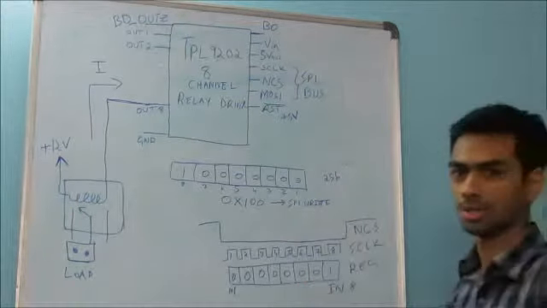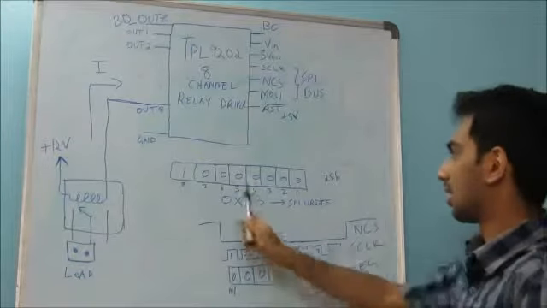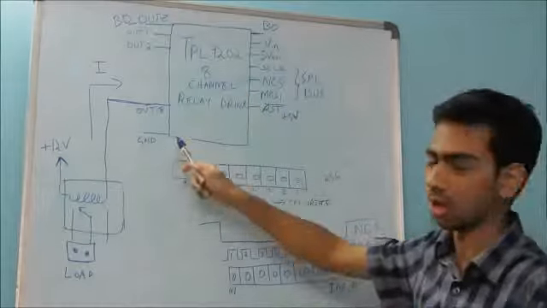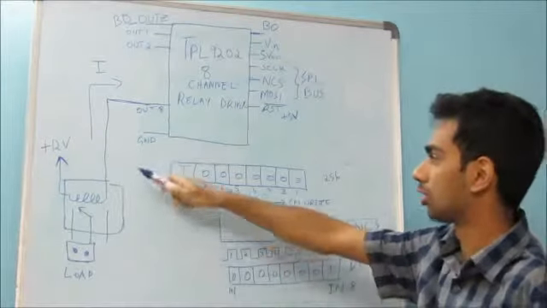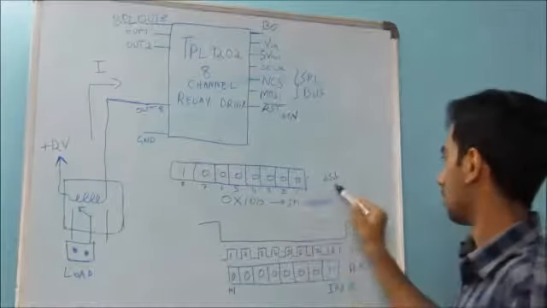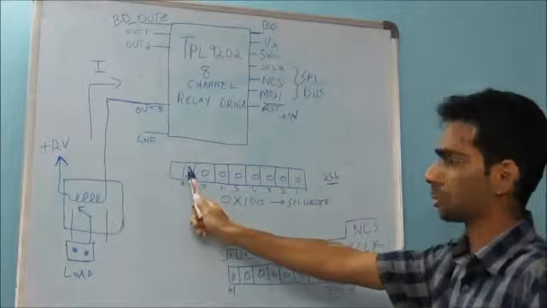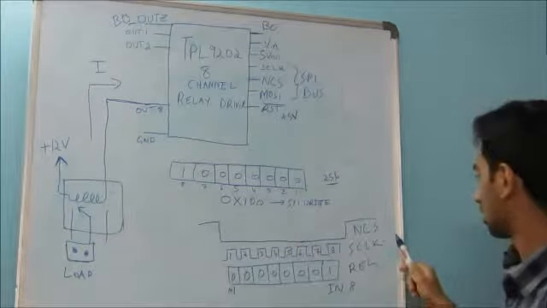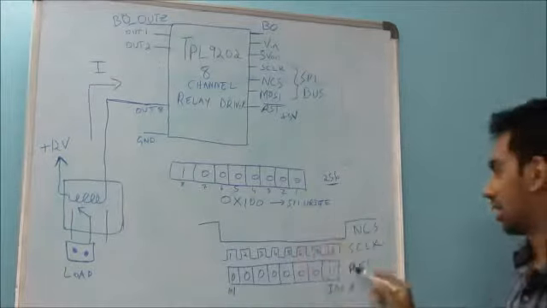So basically how the TPL9202 works is, it sinks current when you write to one of the corresponding bits of the output. So supposing we have to turn on the relay at pin 8, what we do is we write the number 256, which corresponds to a bit 1 in the 8th position of the register. This is how the SPI timing diagram looks like.